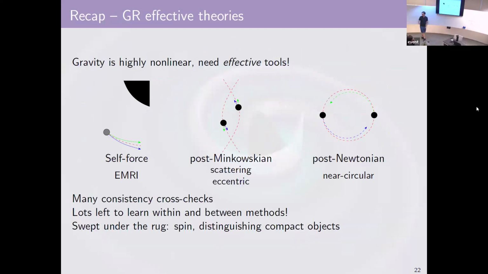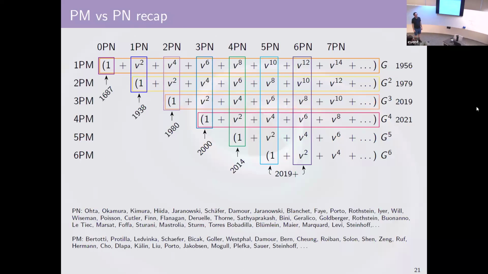So, final recap. The color does not mean that it's worked out, right? We don't have 6 PM worked out. There are bits and pieces of 6 PM worked out, so like 60%, maybe more than that. Way difficult to say. It's a couple of coefficients, but those are the hard ones. So there are partial results at 6 PM, and I guess depending upon who you talk to, full results.